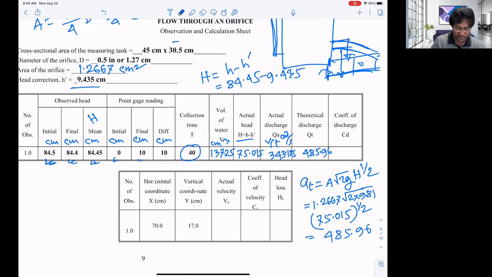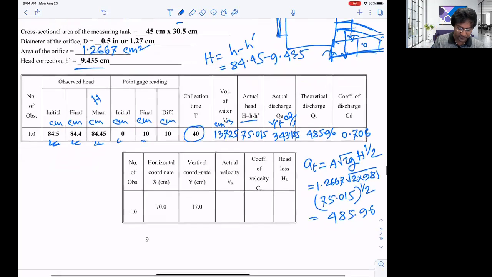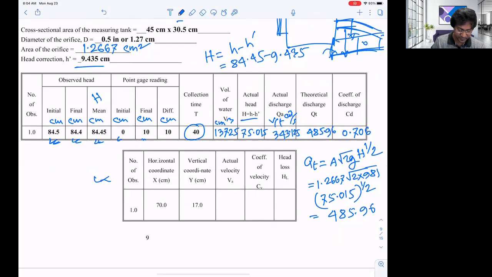So what will be the CD? CD will be the ratio of QA and QT. So 343.125 divided by this, and we are getting 0.706. So that is the CD. The efficiency is not that high, it is 70% efficiency we have. So let's move on. For the next table, the x coordinate is 70 centimeter and the